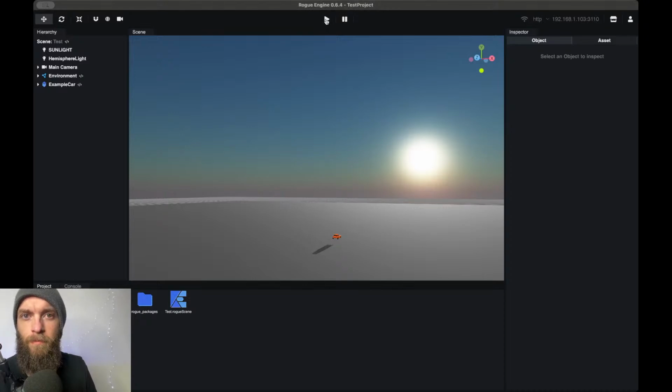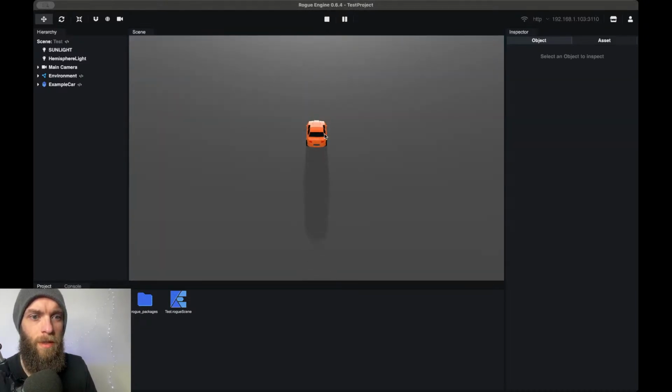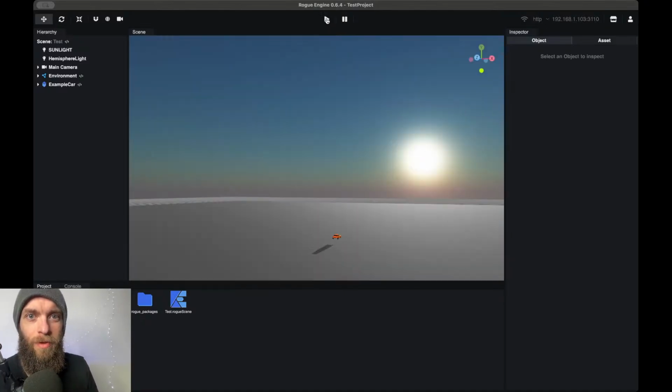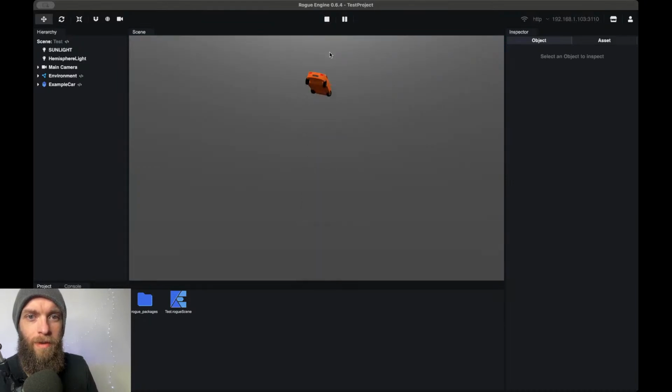Okay, let's test this. Let's see if it works or not. Yeah, should be some frame drops here and there. Whoa, look at that. Yeah, that's a frame issue. It's like it's taking the acceleration with the frame drops and all that, and it's reacting strange. Yeah, that's a problem.